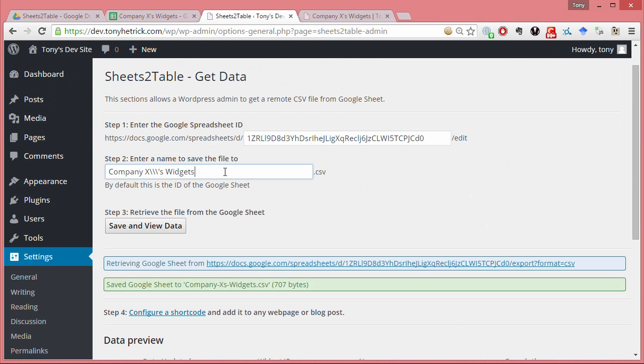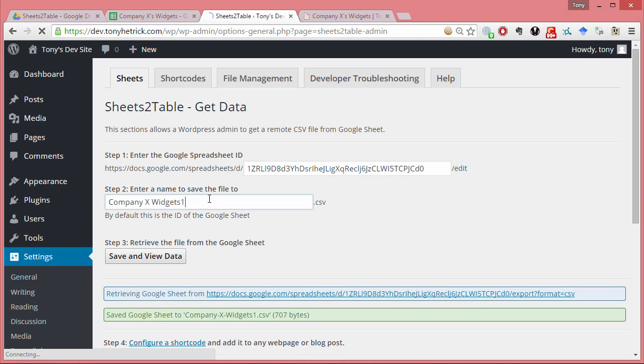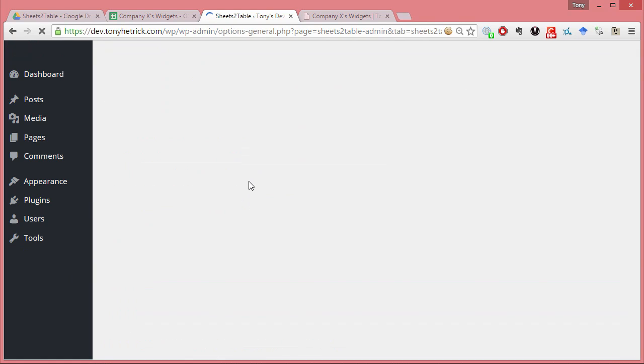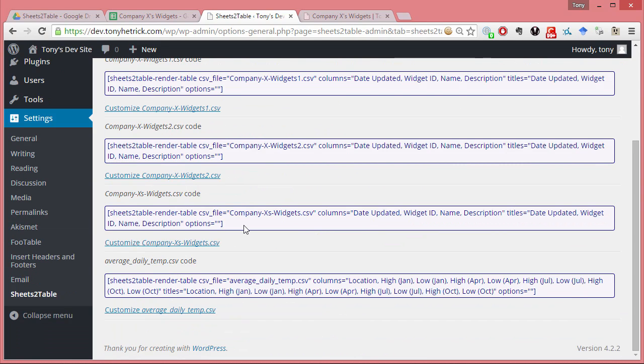Now let's just say we have some additional files in here that we don't want. The file name is getting out of my apostrophe, it doesn't like that. So this is called Company X Widgets. So we get some different file names in here that we may not want ultimately. Yeah, so now if we click on shortcodes, we're going to have quite a bit of information in here that